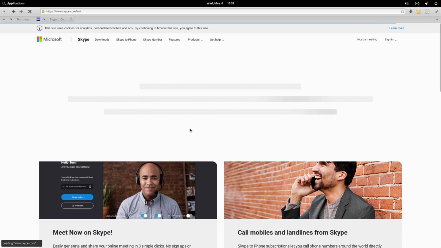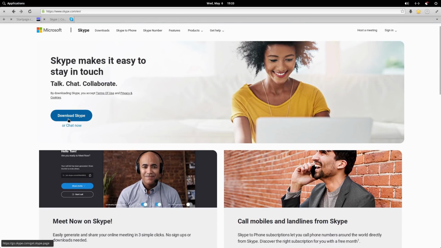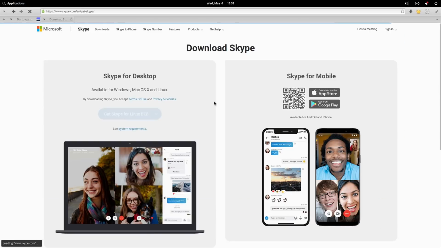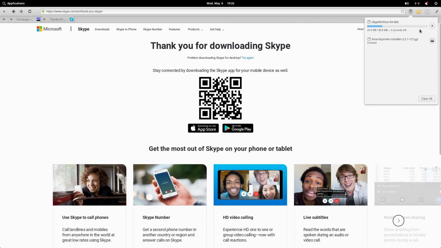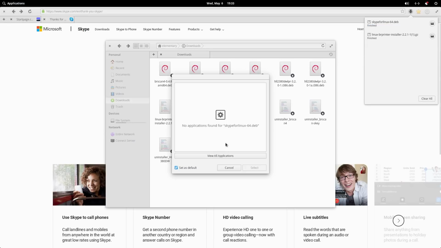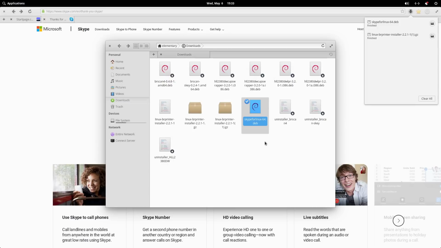So let's go ahead and do this. Let's download Skype. And the deb package is what I'm using since I am on an Ubuntu-based system. So it's going to download the deb package up here. And this is one of the challenges that we have, is installing deb